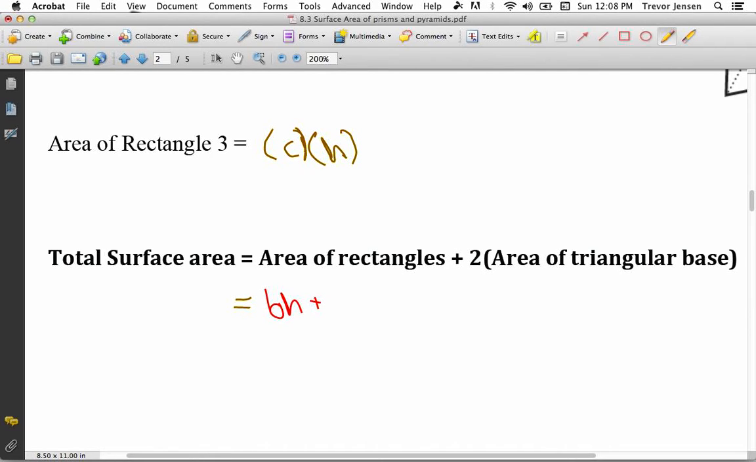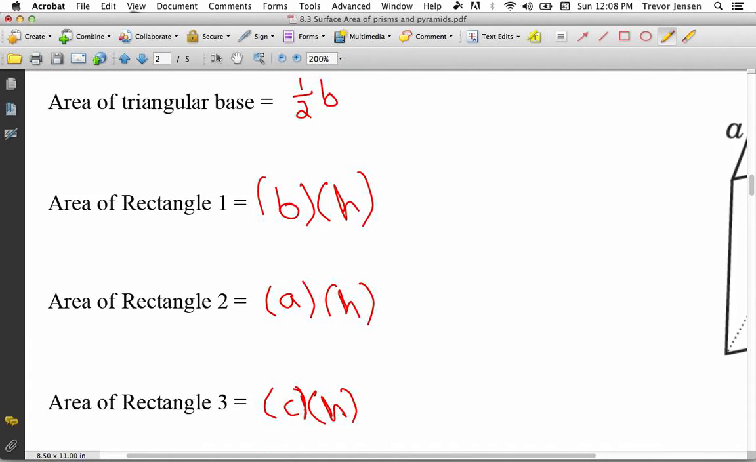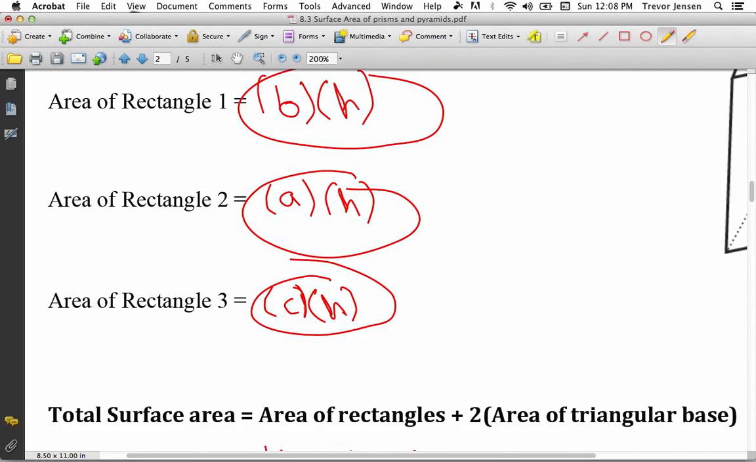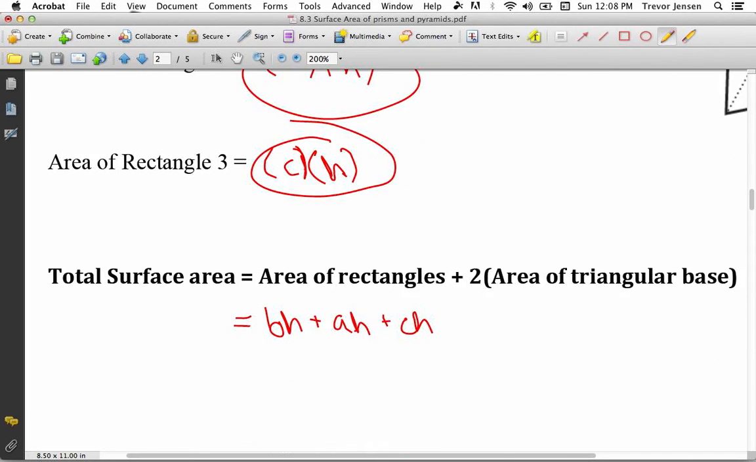I'm going to have to add A times H, and then I'm going to have to add C times H. Those are the 3 areas that I have for the rectangles: BH, AH, and CH. If I add all three of those together, that would give me all three areas of the rectangles. Now I have to add 2 times the area of the triangular base, which was half,